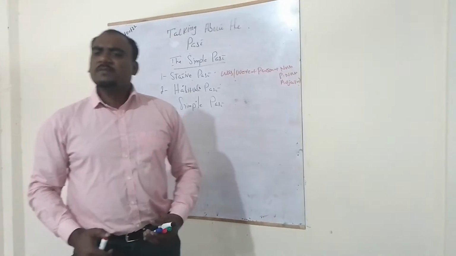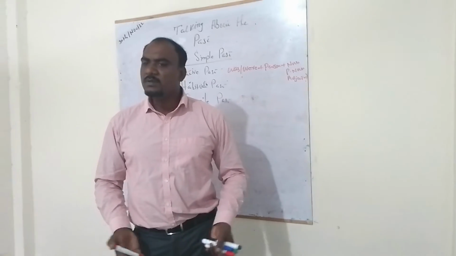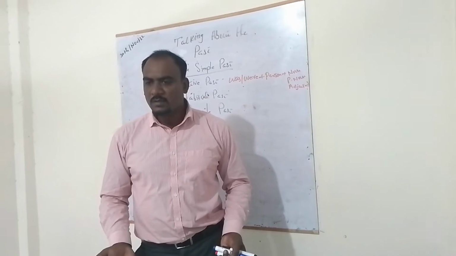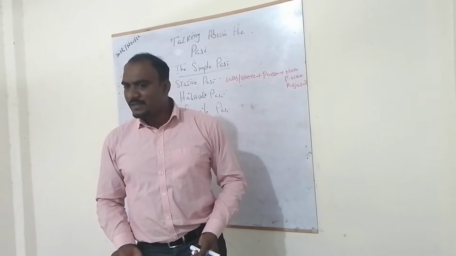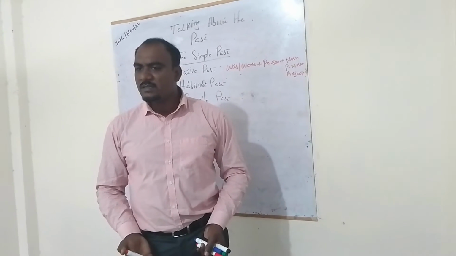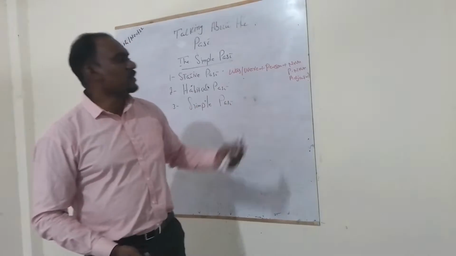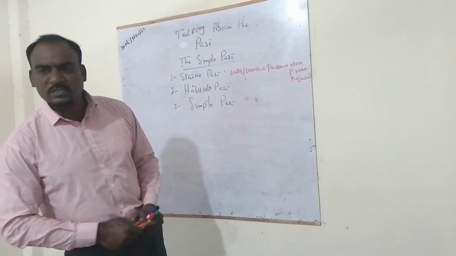Listen, for example: Was he your friend at school? Yes, he was my friend at school. No, he was not my friend at school. Was he angry last night? Yes, he was angry last night. No, he was not angry last night. So this is a very simple kind. You can say very easy to understand.